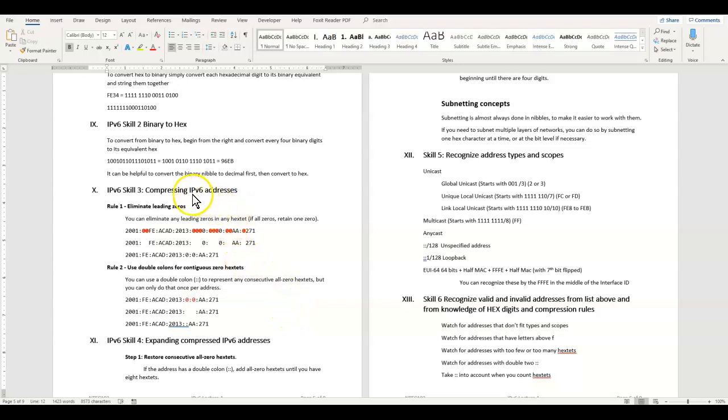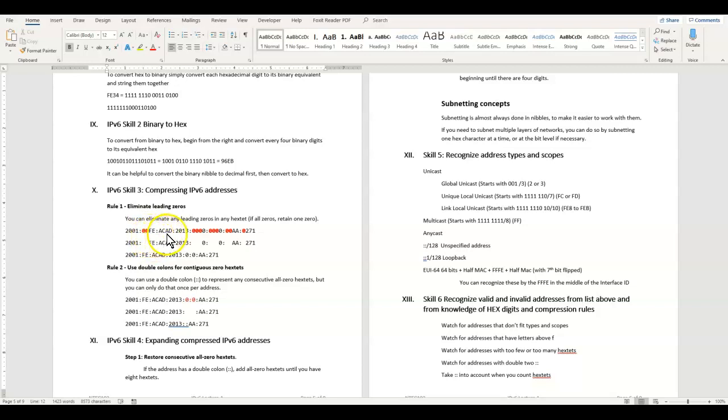Okay, we're going to look at skill number 3 now, and that's compressing IP version 6 addresses. These are quite long, as you may have noticed by now. Each of these digits is 4 bits. Well, it takes 4, 8, 12, 16, 20, 24, 28 of these characters in order to make an entire address. Well, that's quite large and kind of cumbersome to work with. So what we can do is compress it a little bit, and there are really only 2 rules to do